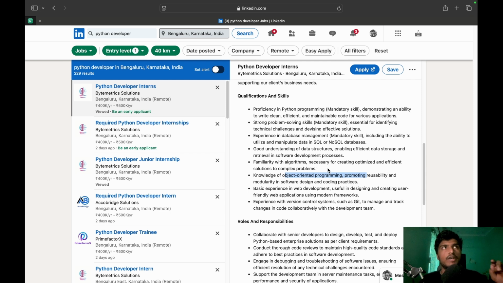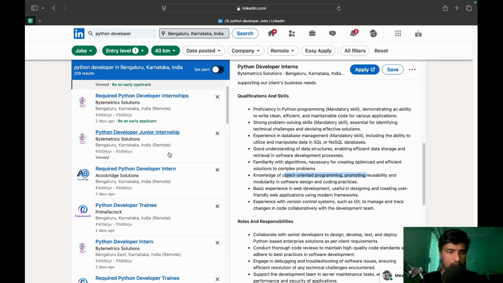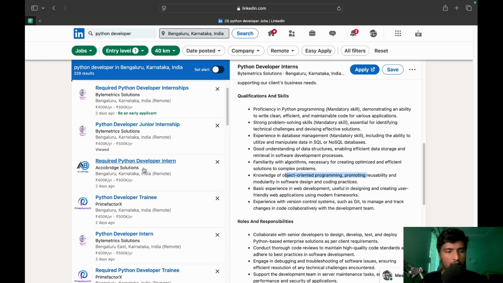Okay. So whenever you're applying to a company, try to make your PDF name as this: company name _ resume. Okay. So that is the best way to change your resume every time. So save that in that format, company name _ resume, and apply for every company possible. For example, this is for Bytemetric Solution, and go for EcoBridge Solutions.